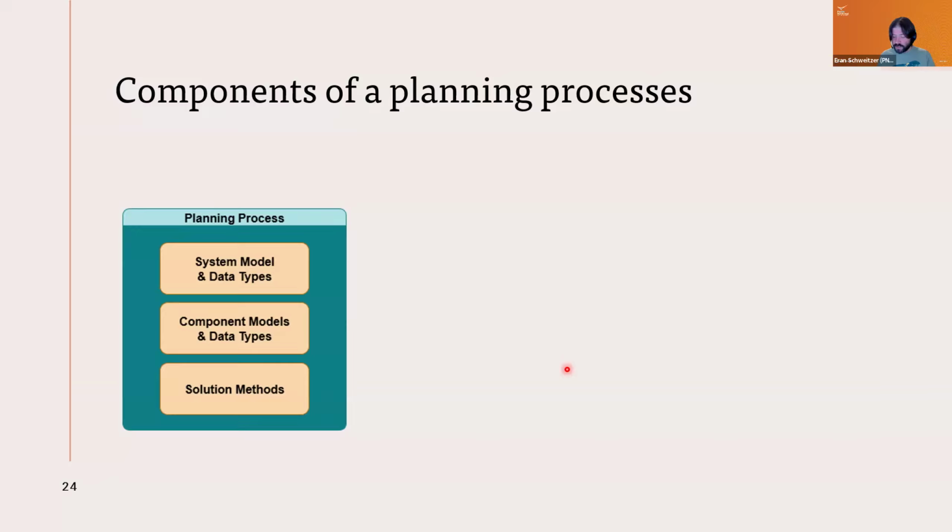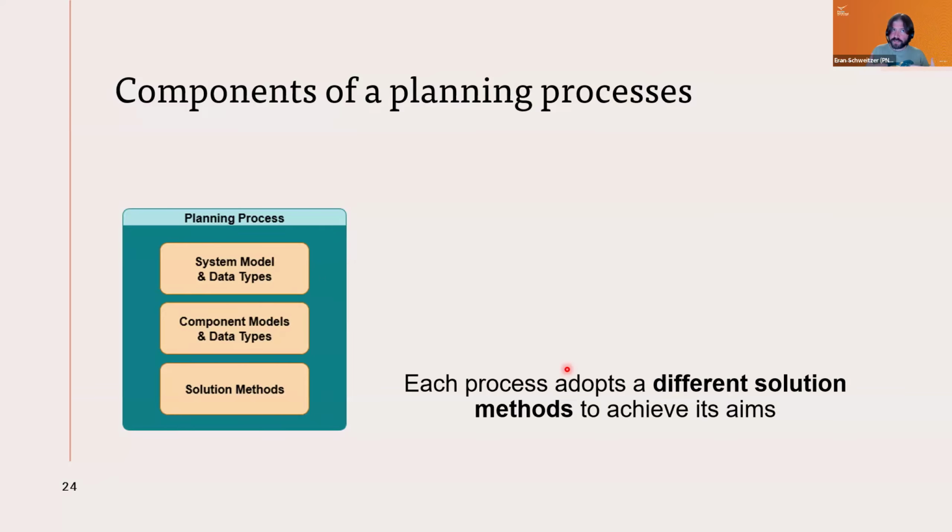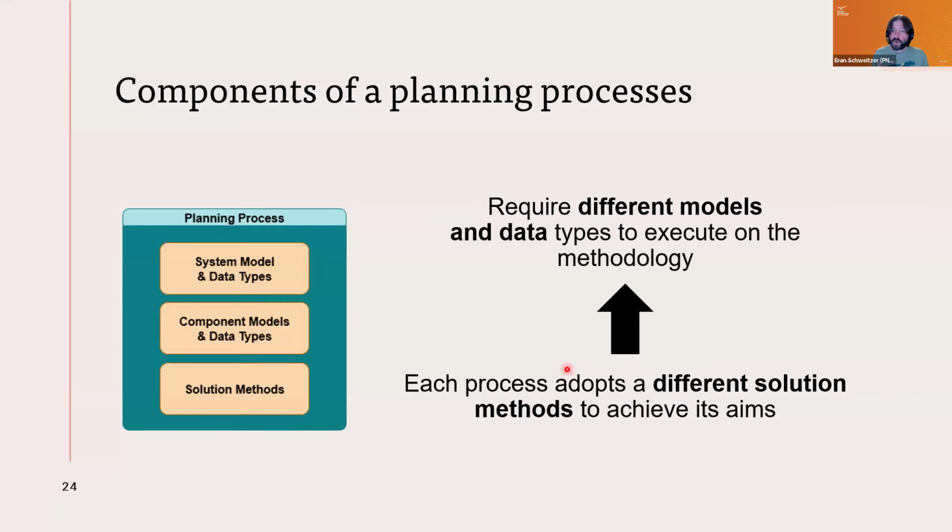Now, I just represented it this way, but actually, the rationale for this goes in the opposite direction. Each process adopts a different solution method because it has different aims. So for example, resource adequacy is really trying to get at probabilistic measures of unserved energy. And so it is going to have a probabilistic type of approach to its solution. And because you adopt this particular kind of solution method, those induce different model and data requirements to execute on